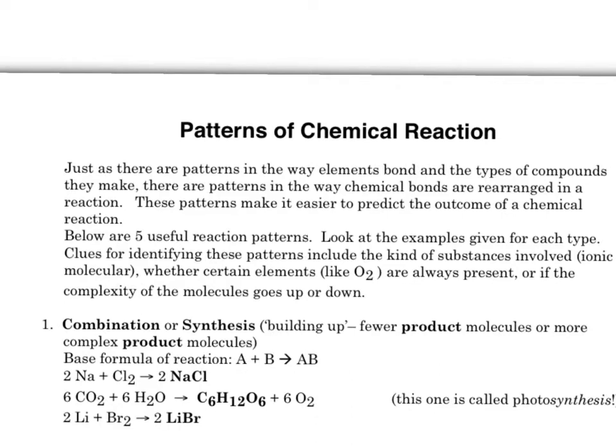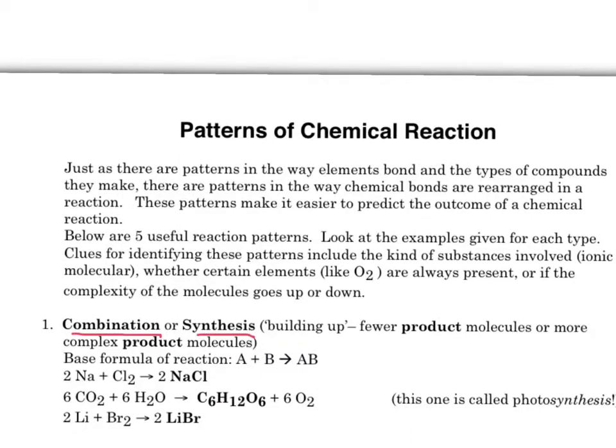Okay, these are some notes on chemical reactions, and these are types of chemical reactions. There are 5 main types of reactions that we are going to look at. Unfortunately for you, some of them have more than one name, so that makes it a little bit more difficult. But hey, vocabulary, right? So starting off, we have combustion or synthesis, and this is when we are taking reactants,